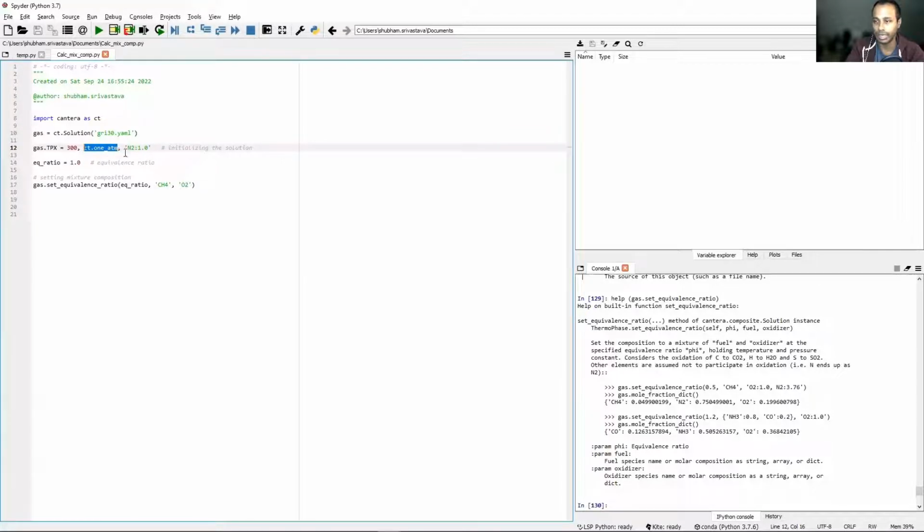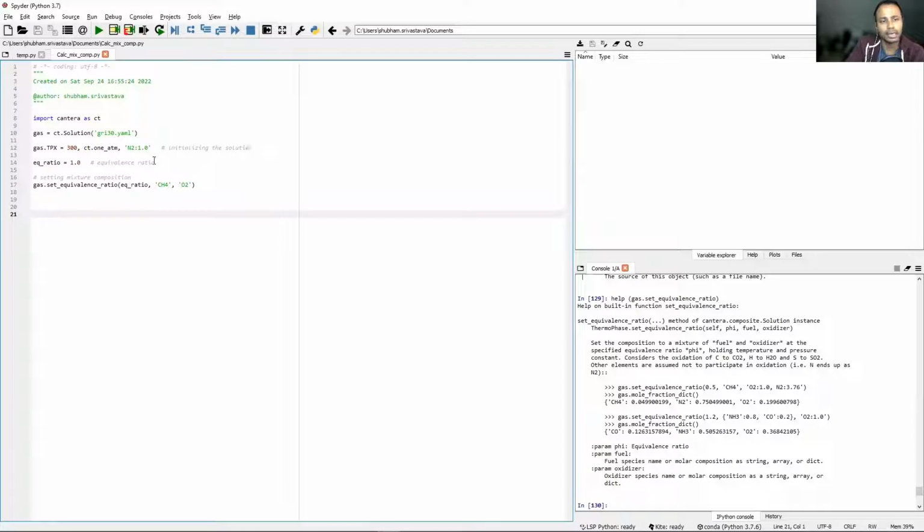CT.one_atm. You can set the pressure of 1 atmosphere in this way as well. The other way, obviously, is to type it out, 101325. But if you don't want to do that, Cantera already has this inside its memory. So you can use this term and assign 1 atmospheric pressure to any mixture. And then finally, for the mole fractions, what I've said is just assign 100% nitrogen to this entire mixture. There's nothing else except 100% mole fraction of nitrogen. So here we've initialized